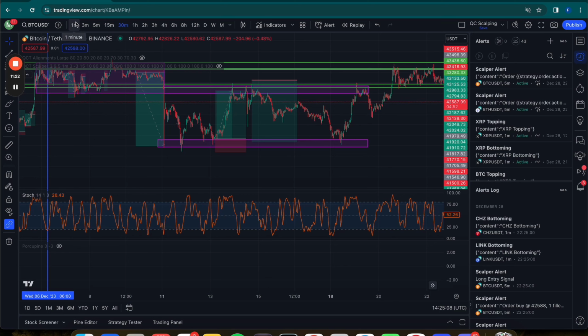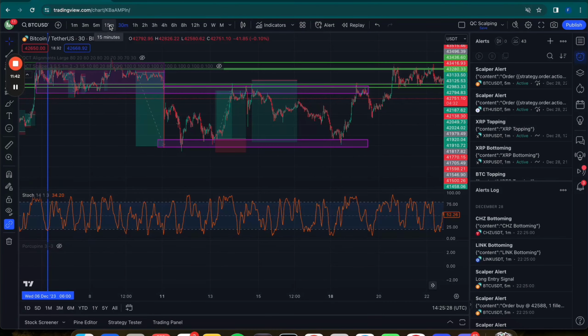Because we look at other data and we have a lot of time frames, right here, you see I have a lot of time frames open. We, by the way, use all of them. We got the 1 minute, 3, 5, 15, 30, 1 hour, 2 hour, 3 hour, 4 hour, 6 hour, 8 hour, 12 hour, daily, weekly, and monthly, right? So that's a lot of time frames, and every single one of them has a stochastic value.